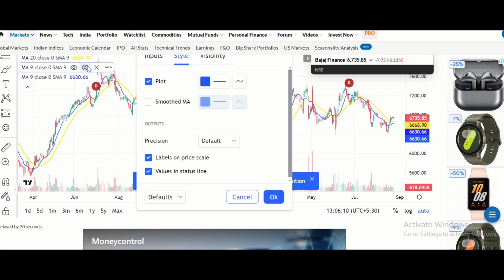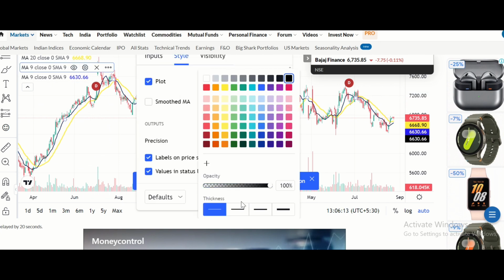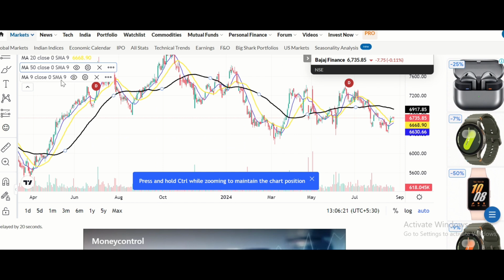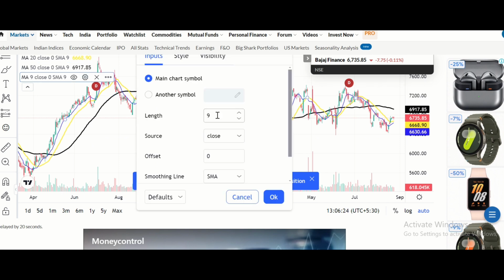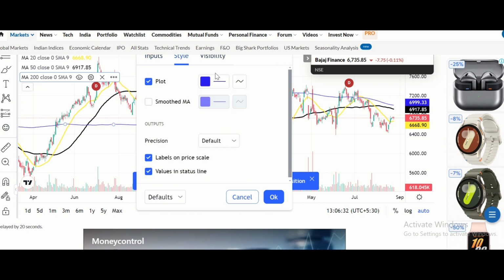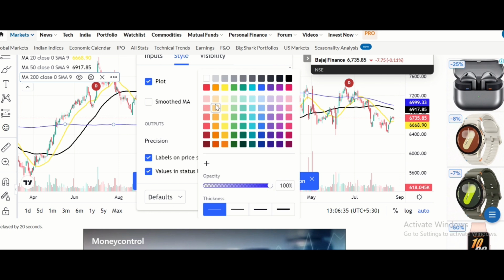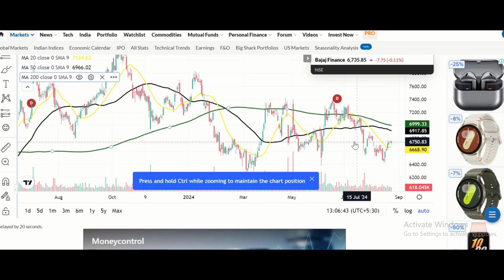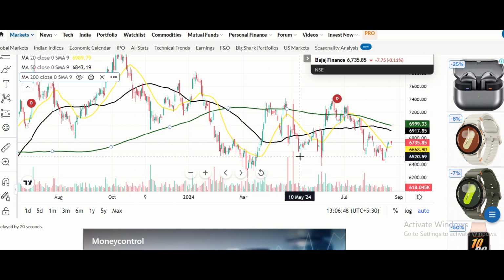one. So we change the color to, let's say, black, and we change the input from 9 days to 50 days. We click OK, and then we change the last one from on the input side. We'll change this from 9 days to 200 days, and we change the color to let's say something more visible, maybe dark green sort of a color. Yeah, so this is what we get on the screen, once we add all these three indicators along with